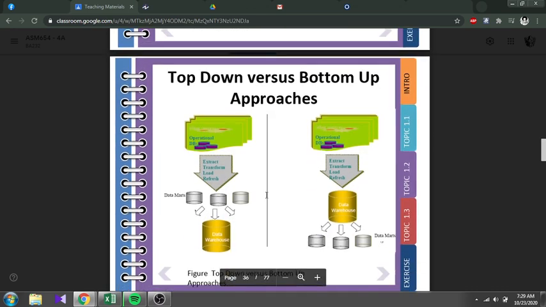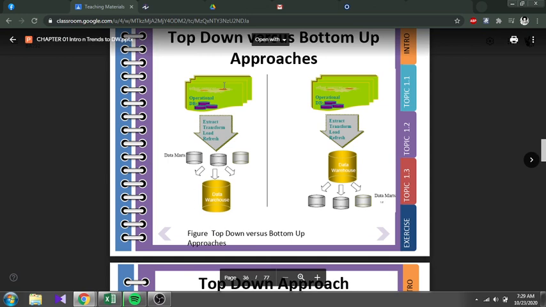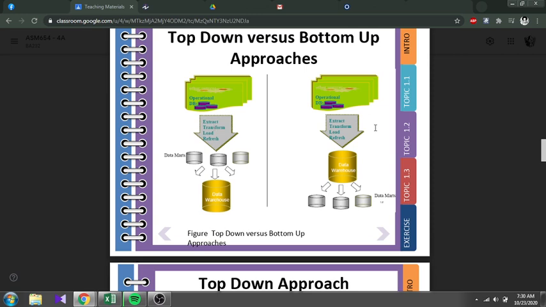Okay, this one on top down versus bottom up approach. As you can see, this picture is confusing. Sepatutnya kalau they say operational, I consider as a bottom, kan? Patutnya terbalik. But this one is top down, dia kata operational. Sama juga ni operational. Extract and transformation of data ni from the operational